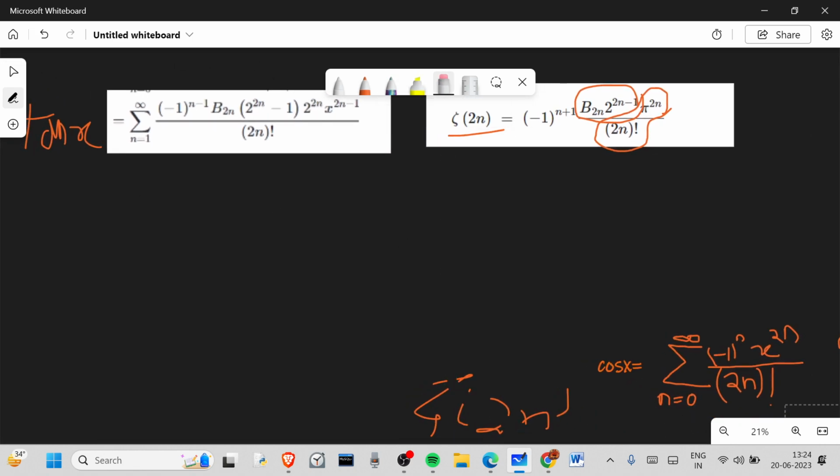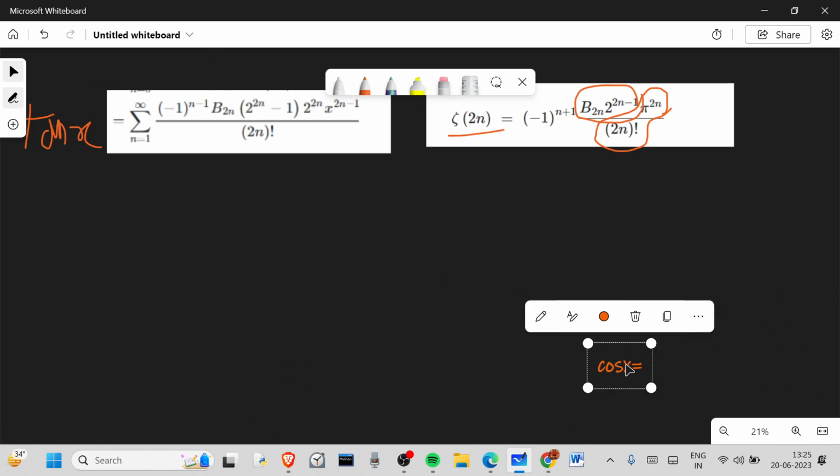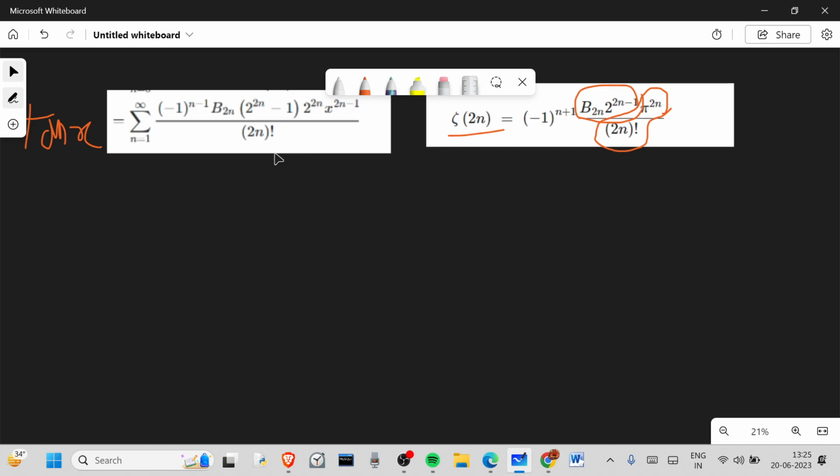And actually I'm doing this thing for the first time. I've done it with cos x, but for tan x I'm doing it for the first time. So what do we have? Bernoulli at 2n, 2 to the power 2n by 2n factorial. Oh, it's even more resembling than the previous one. Oh wow, it would be a very great series. Basically what I'm doing,